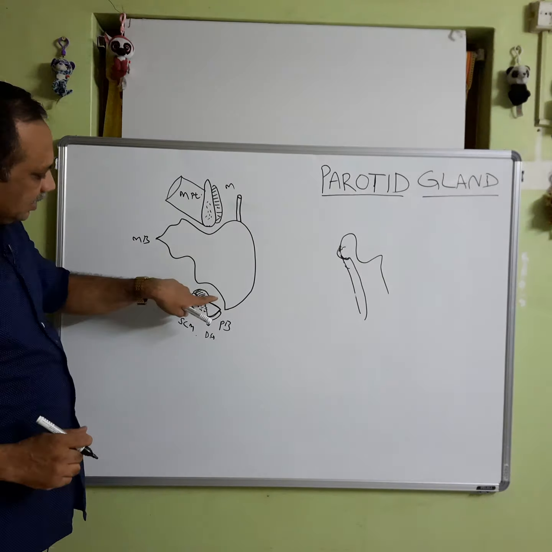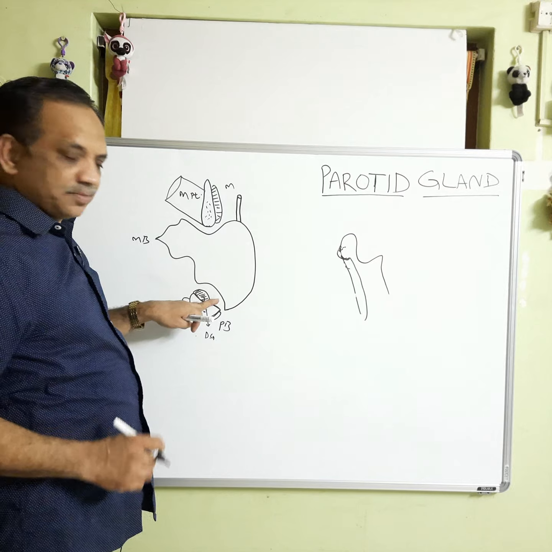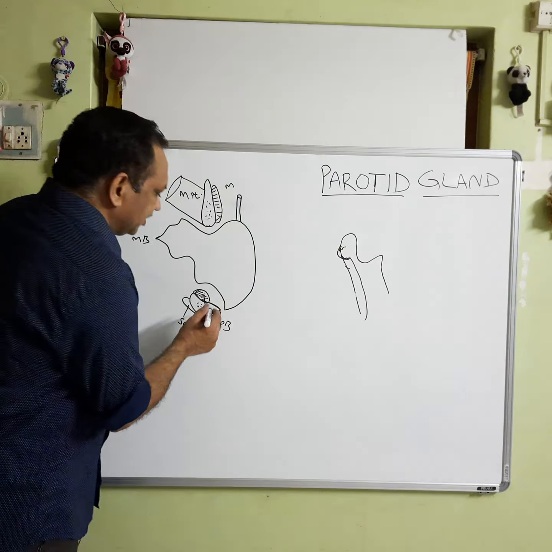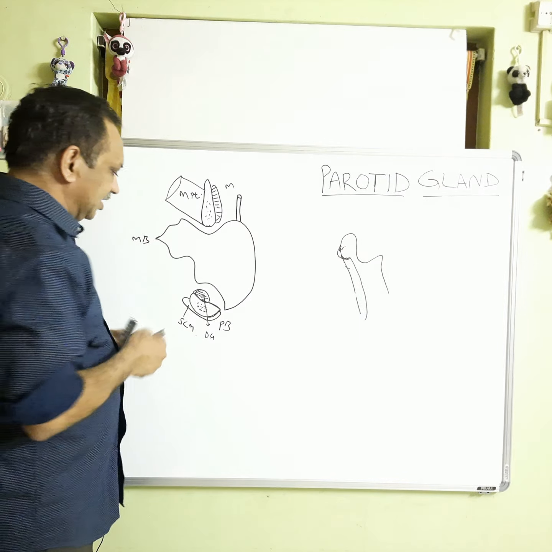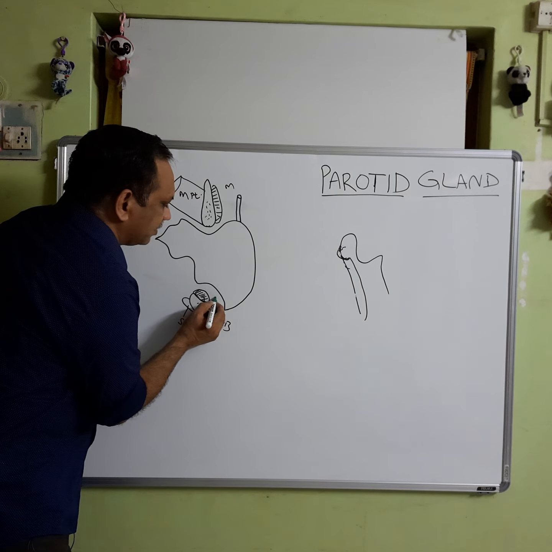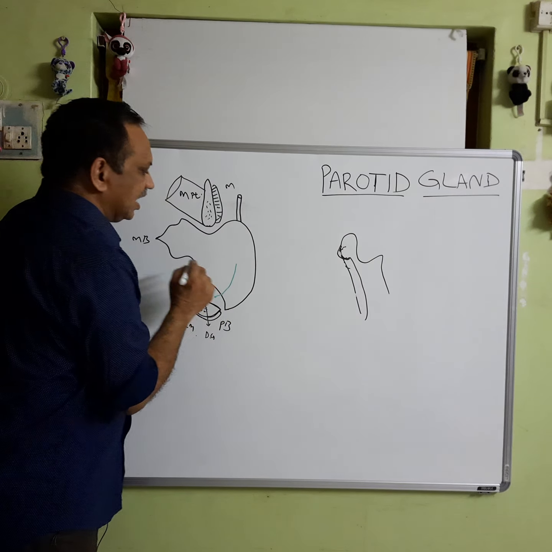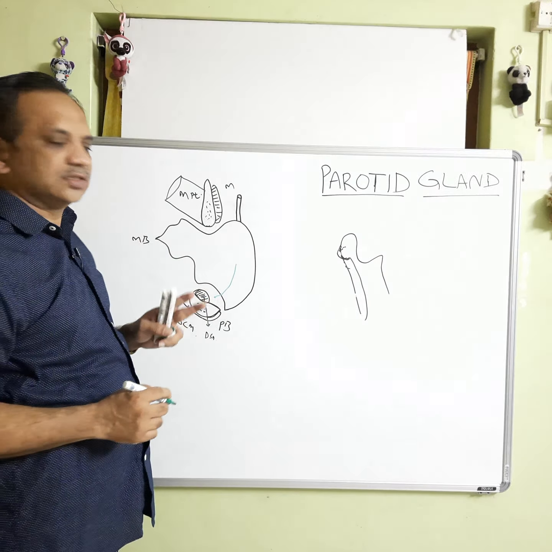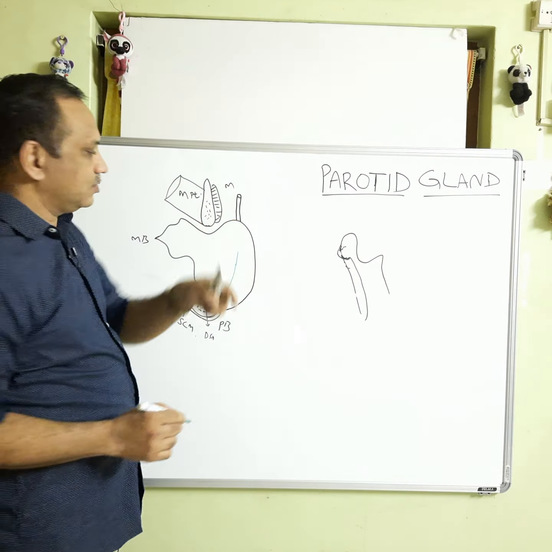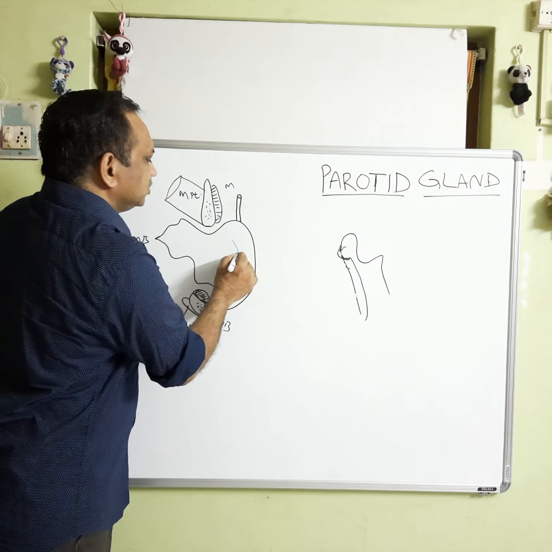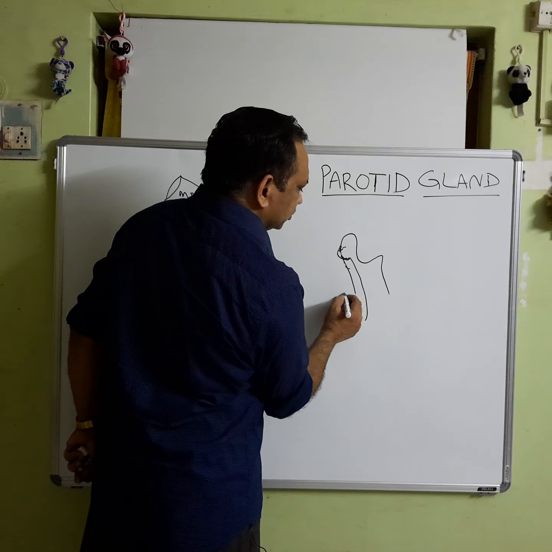Now, in this space there is a foramen called the stylomastoid foramen, from where the facial nerve emerges onto the face. So, from here the facial nerve emerges and pierces this surface to enter the gland. Within the gland it divides into two branches. One branch goes upward and one branch goes downward. So, these two branches are zygomaticofacial and zygomaticotemporal.